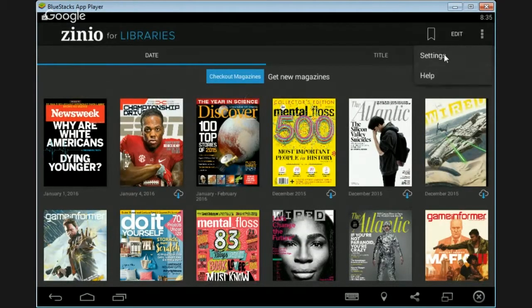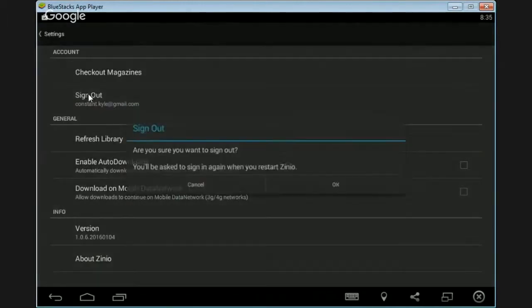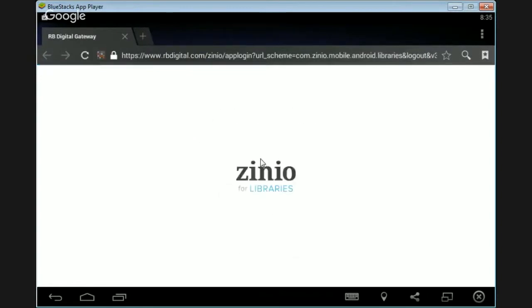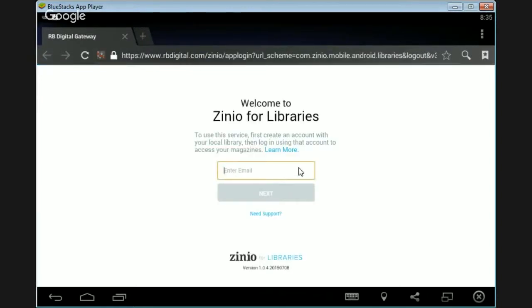Let me go ahead and I'm going to sign out here so that you can see this is what it looks like before you have set up the app on a tablet. So if you're walking a patron through this, this is what they're going to see when they first open up Zinio for Libraries. Again, by this point, they should have already gone to our site and created an account, and maybe even checked out a few magazines, so that then when they come here and they log in, and yes, it opens up a browser, then they can sign in,